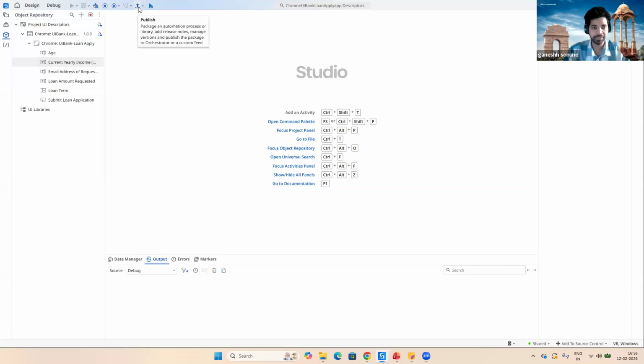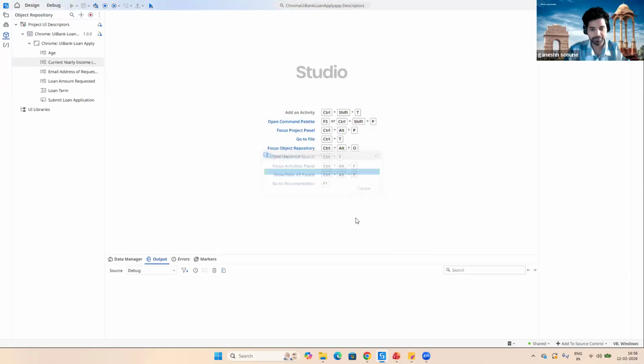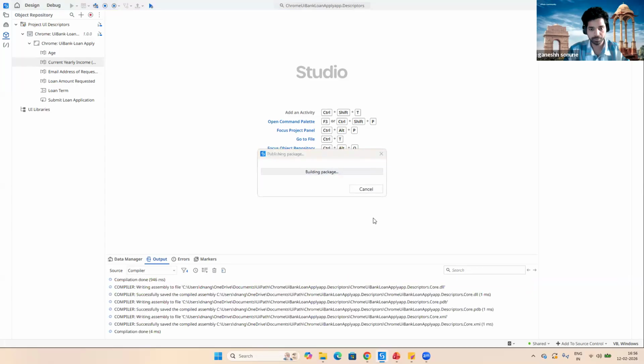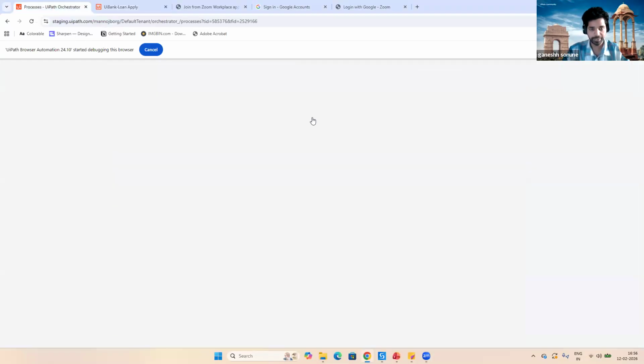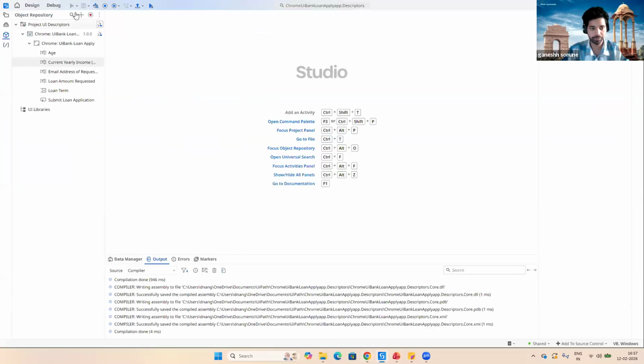This is the library. I need to publish it, and after publishing it, I want to apply that to multiple projects. I have two projects in this, so I will upgrade it in them. Automatically the version will update, and the changes will happen in those projects. Projects 1 and 2 are the project names. This is only for demo purposes.